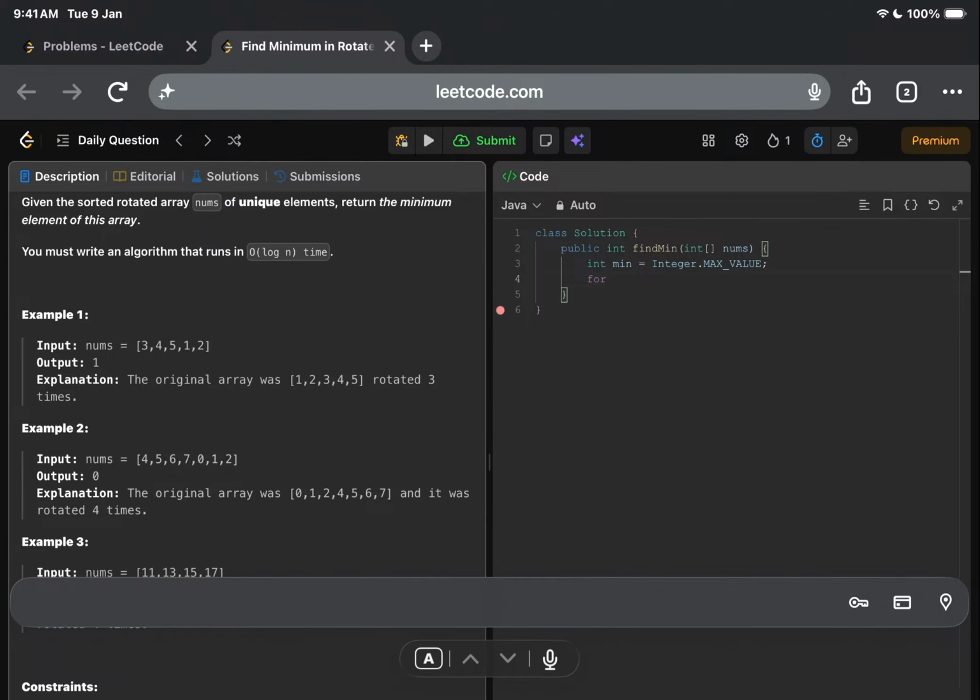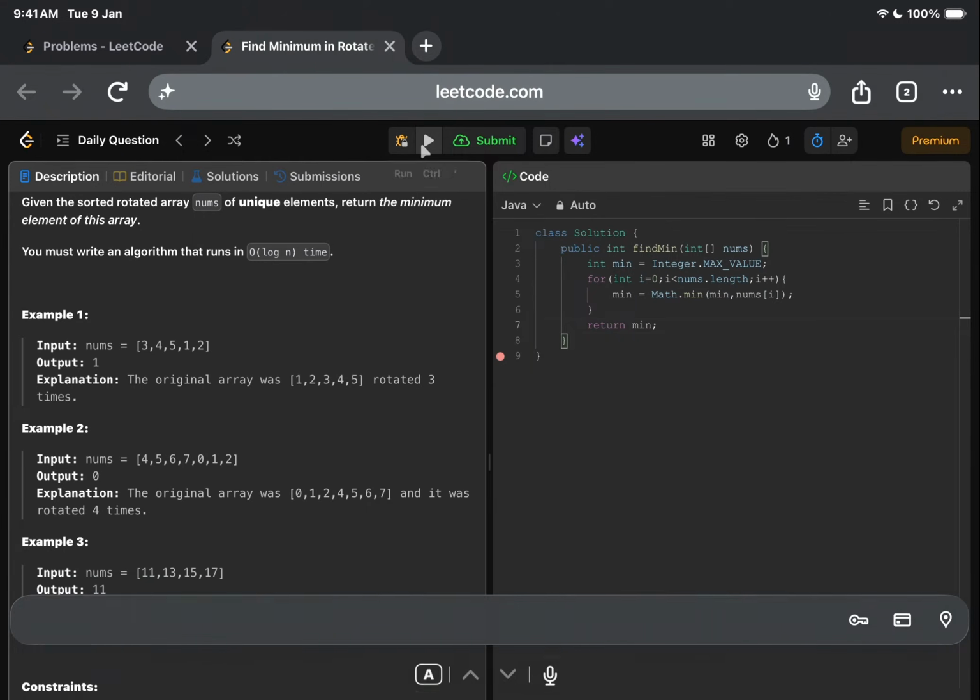then you can run a loop for int i, and then you can find the minimum element, that is min equals Math.min of min comma nums of i, and after finding that you can just return the minimum element which you have got,